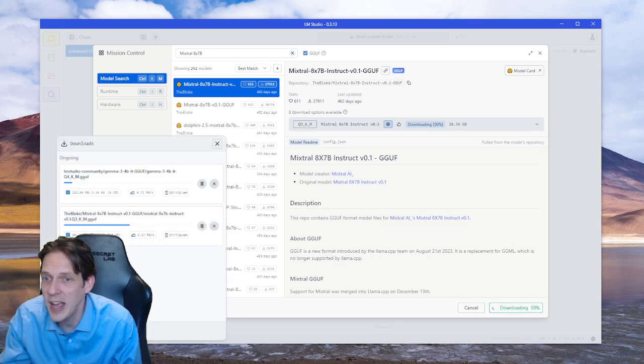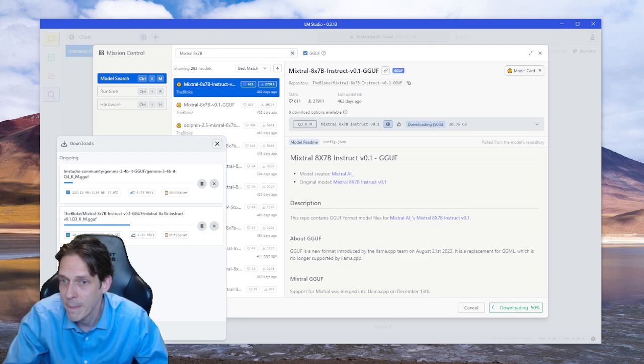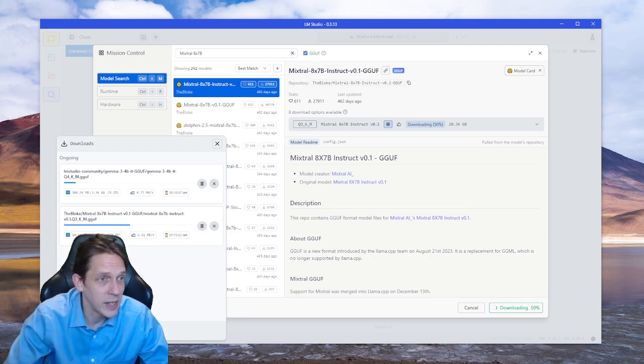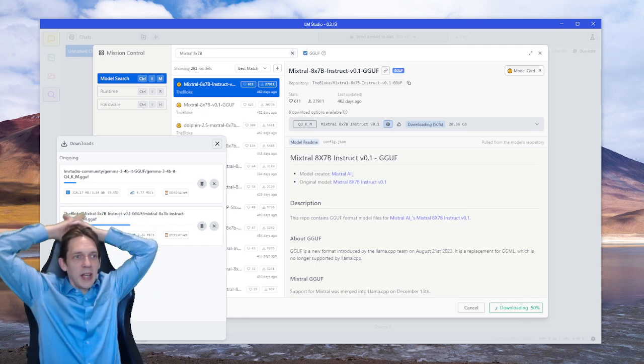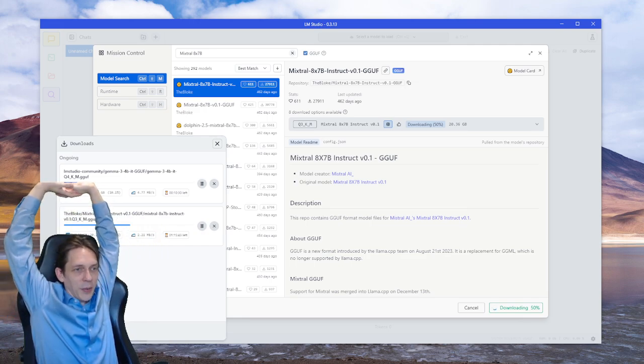Oh, nice. I already have 50% of it, and I got 20 gig more. I should be okay. It's saying an hour and 15 minutes left on this bitch. So by the time I'm back from lunch, it's going to be time to talk to this AI. We'll look at prompt engineering and feeding the model and restricting it and all the parameters we get. We'll look at the API. We'll have a lot of studying to do when we get this AI.